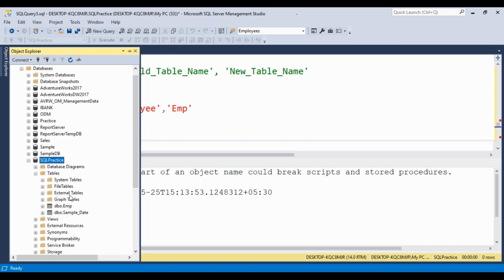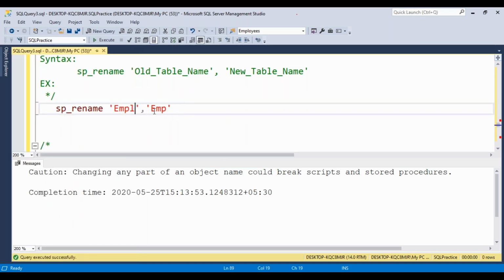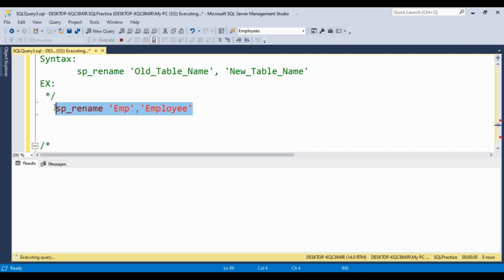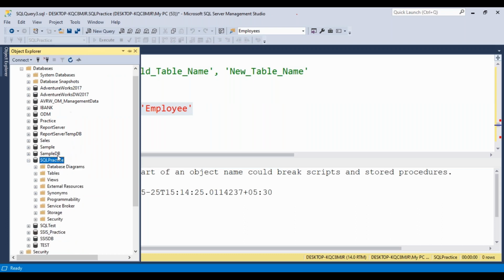Then you can observe emp table. But now again we have to change emp to employee. Again, you can refresh your database and identify your present table name. It's nothing but employee, right?